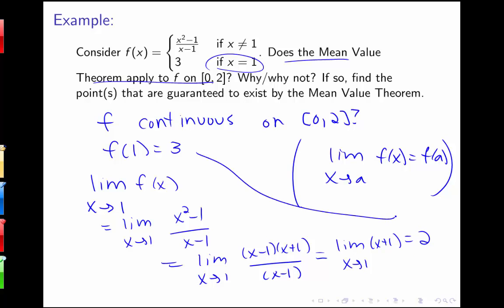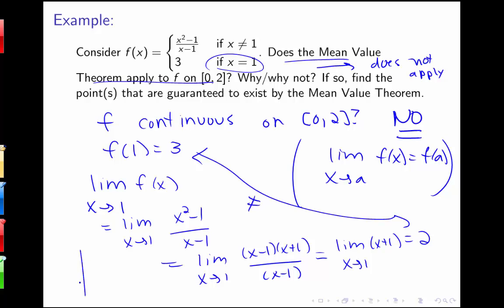So since these things are not equal, it's not continuous on this interval. So the mean value theorem does not apply. So we can't guarantee that there will be a point that's equal to the slope of the secant line from this theorem. In this case, it does happen to be true